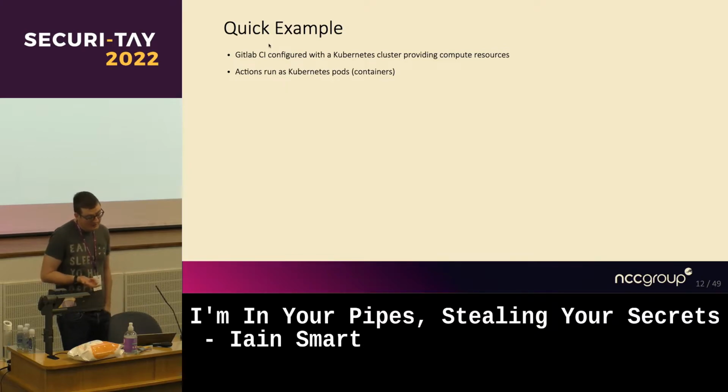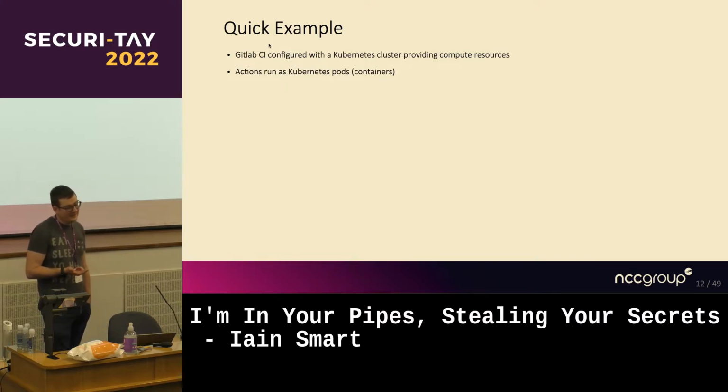Actions in this case are run as Kubernetes pods. It doesn't have to be, again, you can use just a VM or something. Generally, you get better segmentation using something like containers. We've seen issues before where customers have just been using a single VM, and if you just get a shell and then go to the root of the drive, you find the build artifacts for 17,000 projects. Generally not a great idea. Doing this in containers does give you a nice clean environment every time, which is always nice because you know it's not a problem with a build artifact from a previous run interfering with my current run or something along those lines.